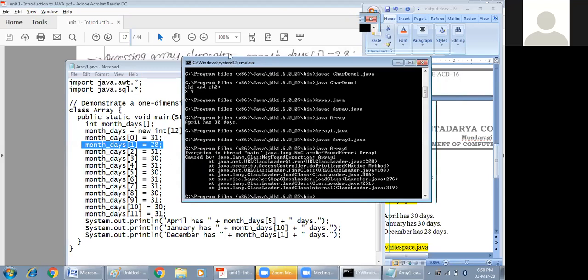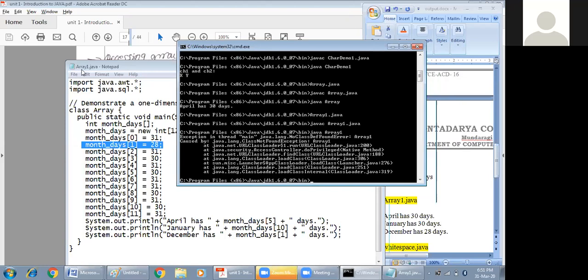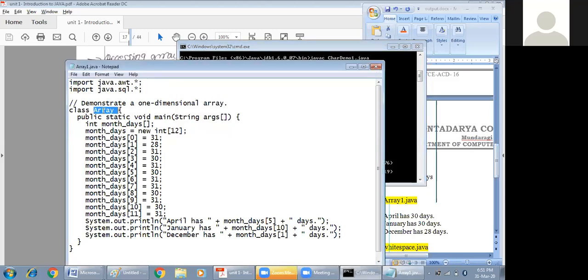Sir, the program name is array1. Yes, the name of the source file I have given here is array1.java. The name of the class which contains main is array. Please concentrate here. I had explained it in the regular class. We know the condition is that the name of the source file and the name of the class must be the same, for our understanding purpose, but it need not be true always. You just have to give the interpreter the name of the class which contains the main function. In this entire source file, the class containing main is array. So this class name I should give to the interpreter.